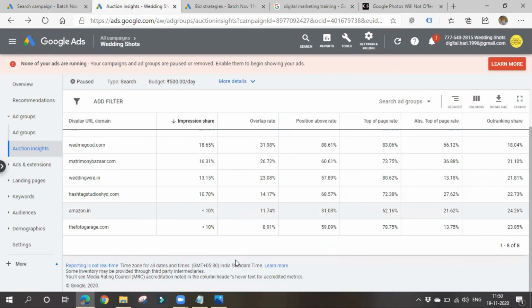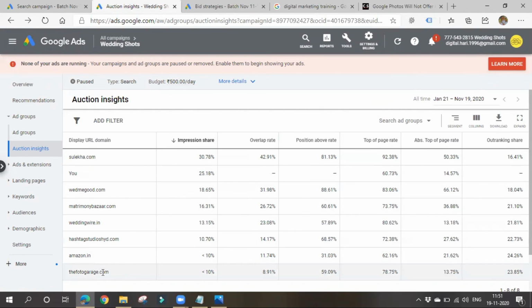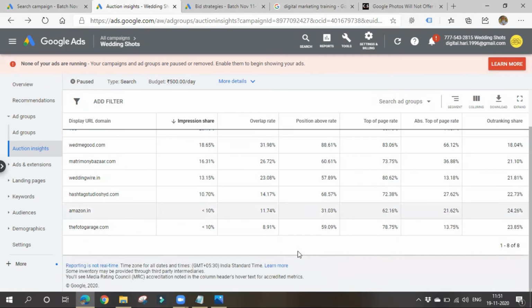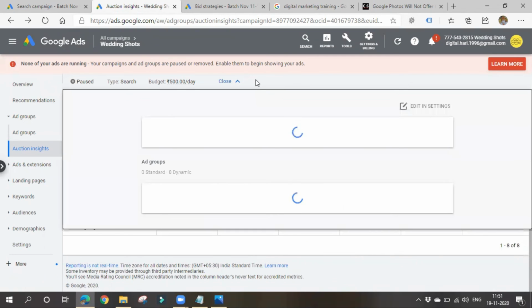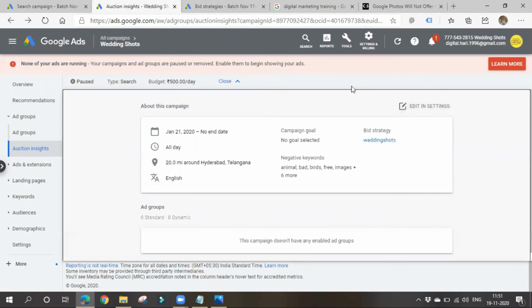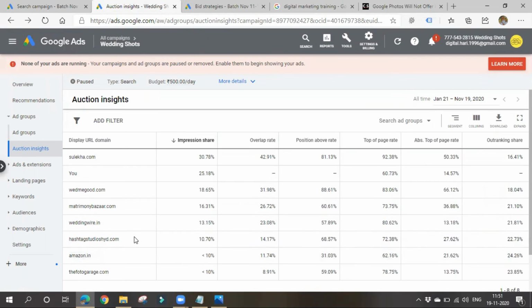Here, in the auction insights, you can see who your competitors are and how your ad is getting displayed. After running for one day, or after running for 5 to 6 hours, come here and check once. Go to your search terms and check whether your ad is getting displayed for proper keywords or irrelevant keywords.